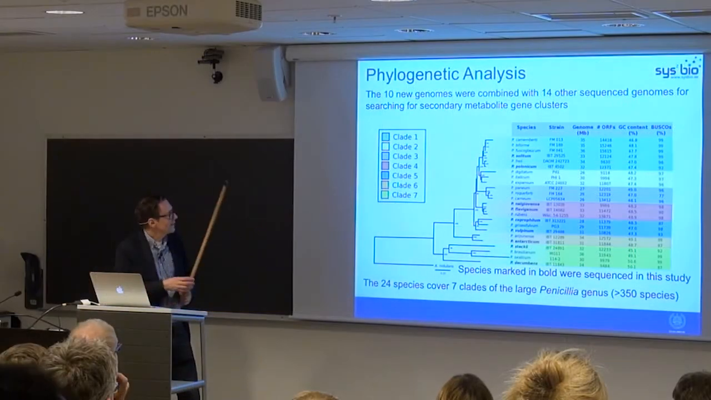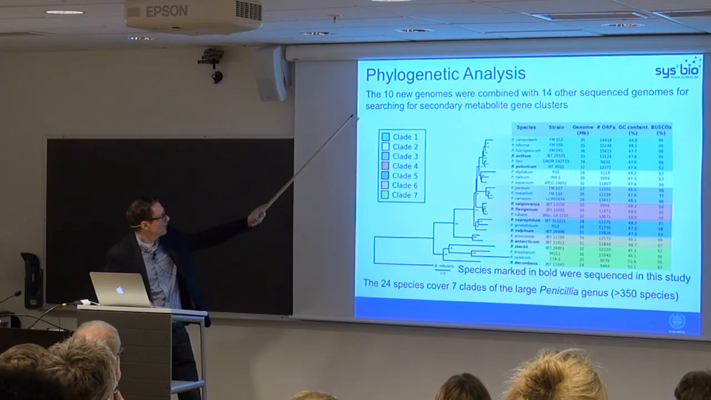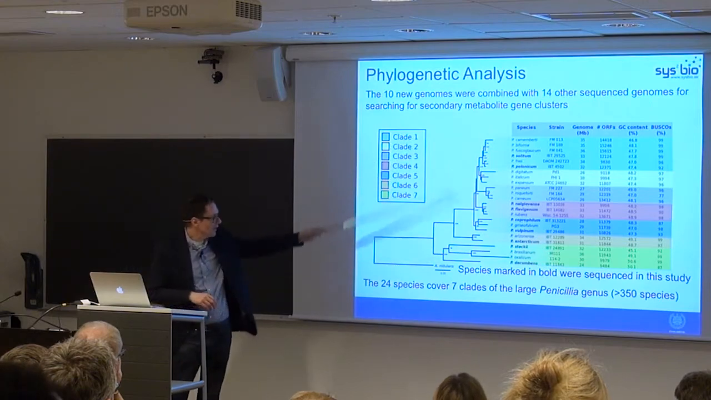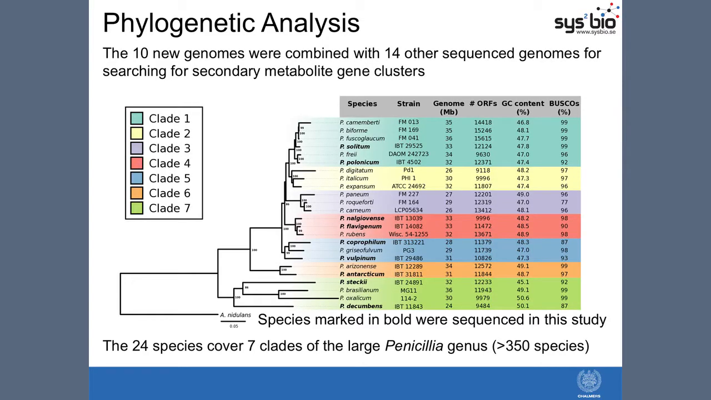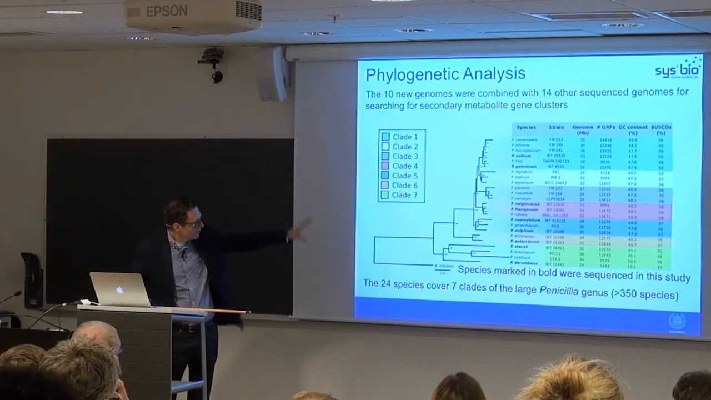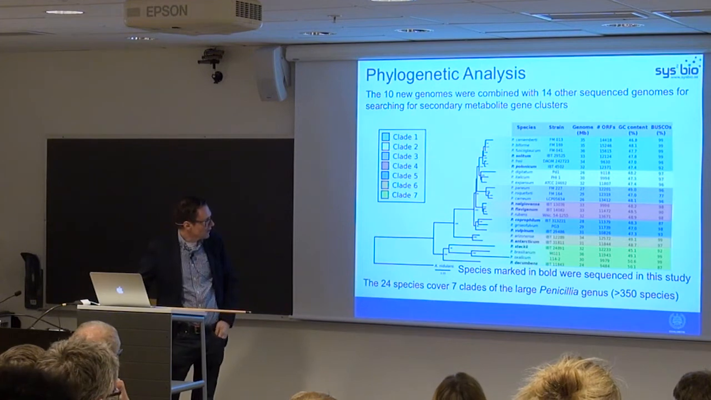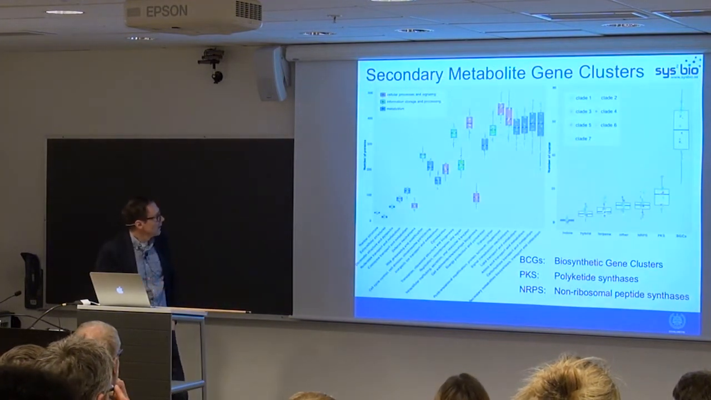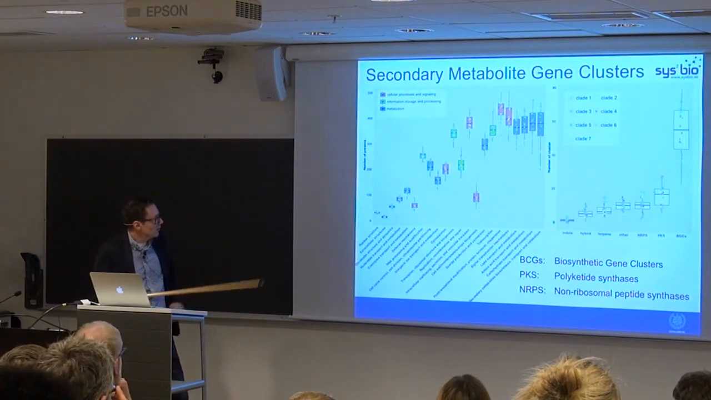We combined our sequences of 10 new genomes with 14 other sequenced genomes, so we had a total of 24. They covered several different clades of Penicillium. There are about 200 different Penicillium species reported to date, so it's an extremely diverse family of organisms. But here we covered several of the key clades in that family. And so the interesting thing is that when we look into